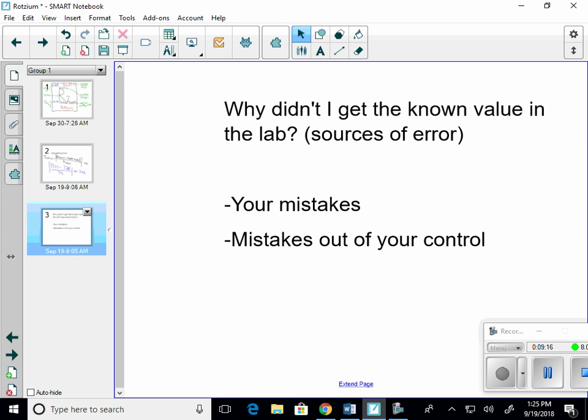When we talk about sources of error, what we have to keep in mind is, 1, if it's something that you made a mistake with, that can't be acceptable. If it's something that's out of your control, well, maybe this is something that could actually give us poor results. The number 1 issue is actually mentioned in this lab report of purity. If we don't have pure substances,